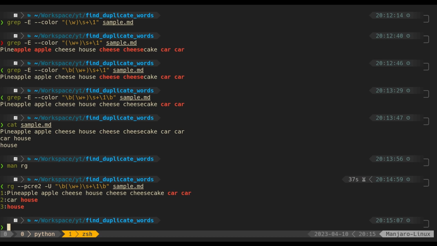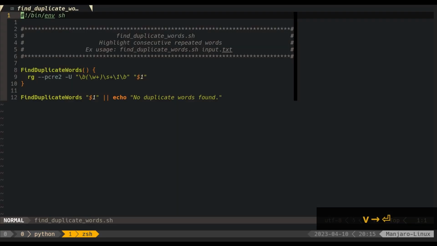Okay, so now that we found a command that we can use, I'm gonna show you how I wrote the shell script. So the script is called find duplicate words, and the first thing I did was to create a function called find duplicate words.